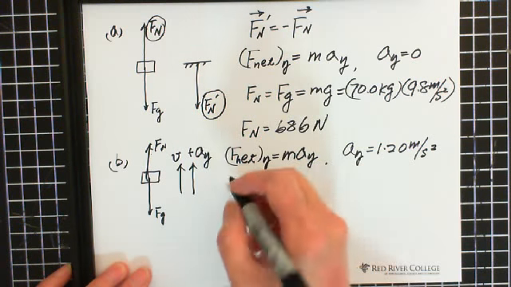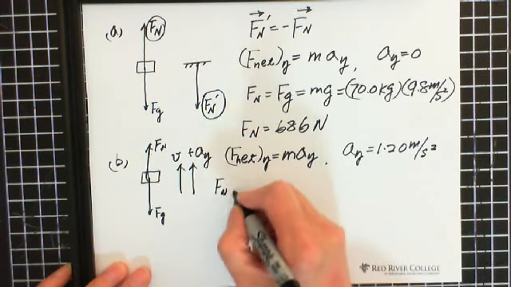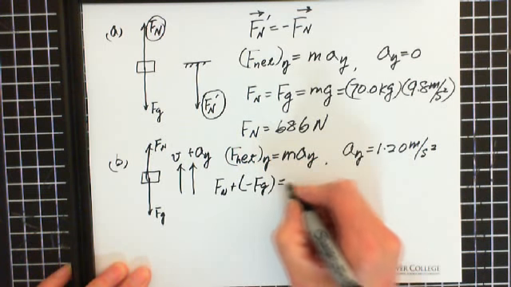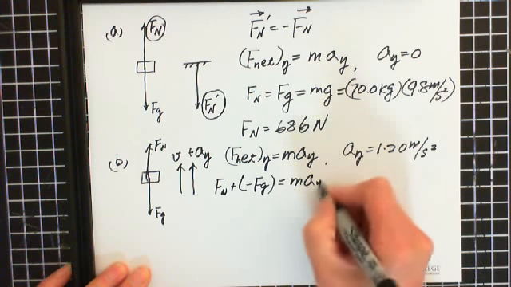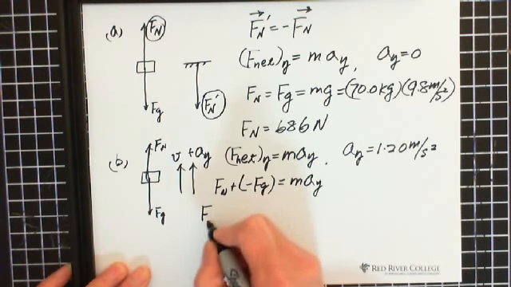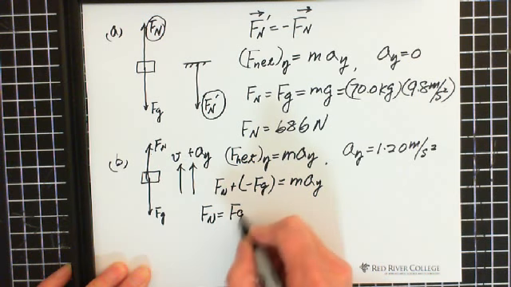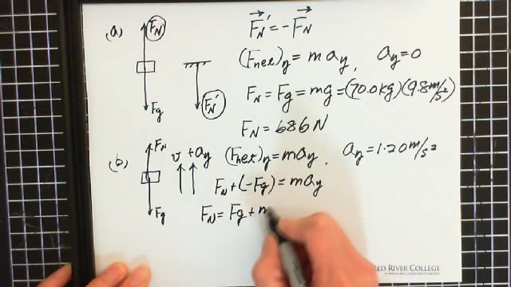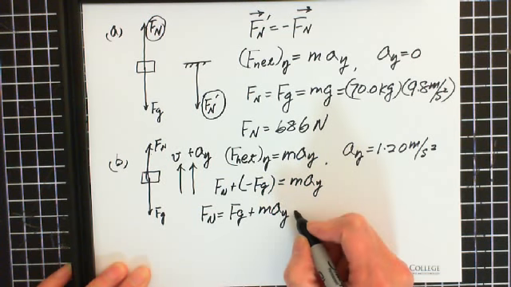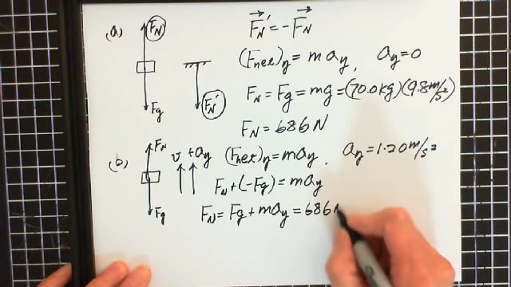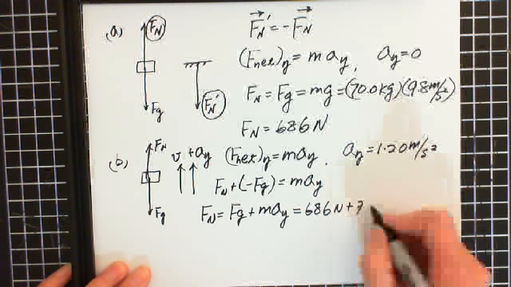Up is positive, so we have normal force plus negative Fg equals m a_y. So normal force equals, moving Fg to the other side, Fg plus m a_y. Fg is 686 newtons